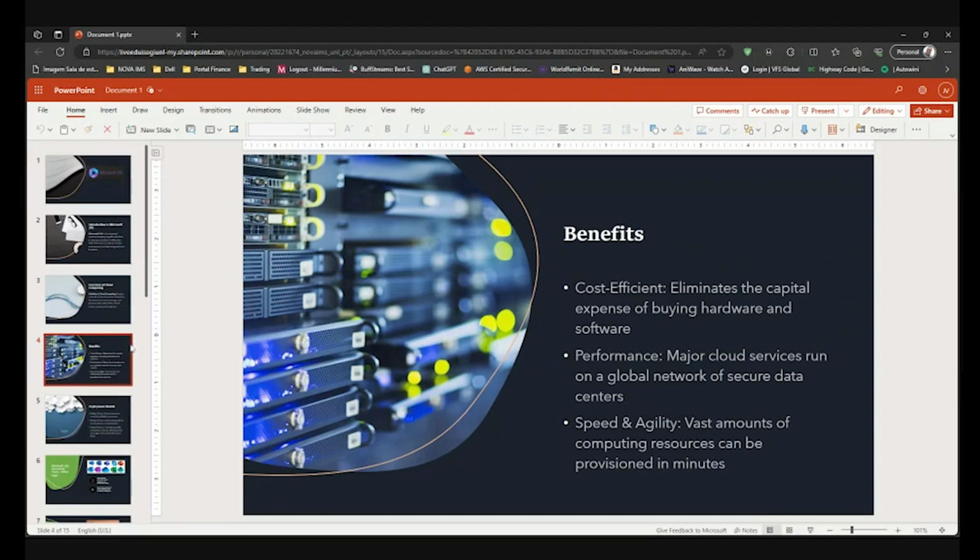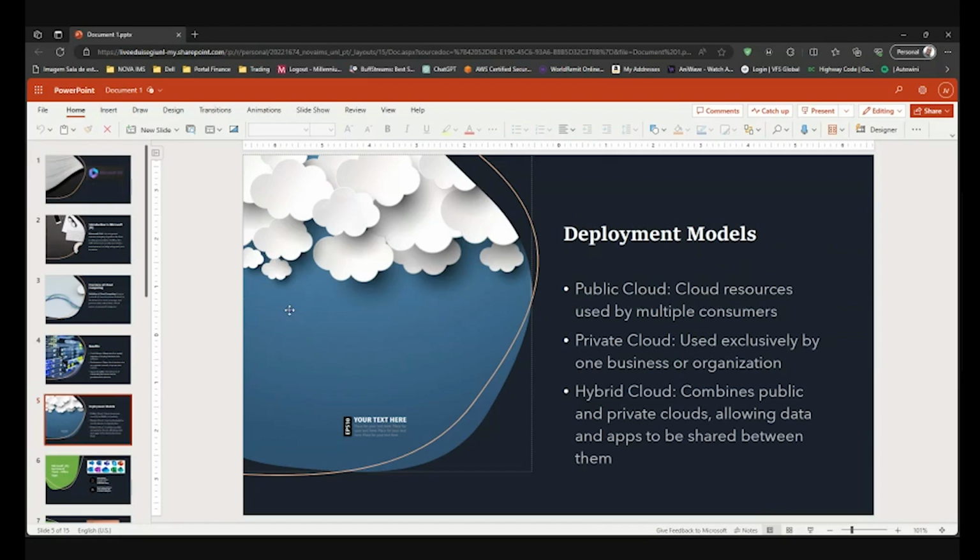Okay, and then we go into deployment models. Now, what are deployment models? There are three major deployment models when it comes to cloud computing. One of them is the public cloud. This is cloud resources that are used by multiple consumers that are available to all, right? Pretty much. And when it comes to private cloud, it's used exclusively by one business or one organization, which means the resources that you have on the cloud are only used by your employees,